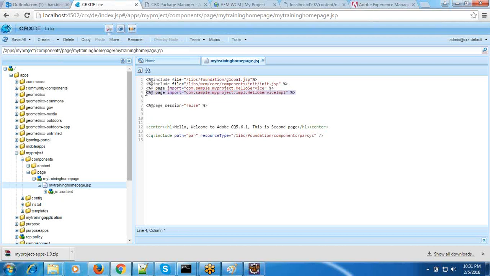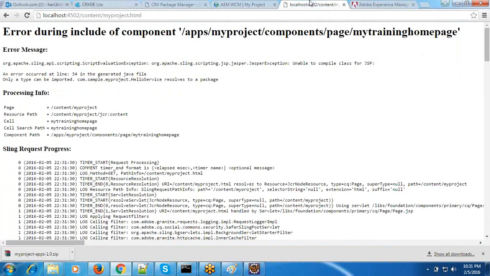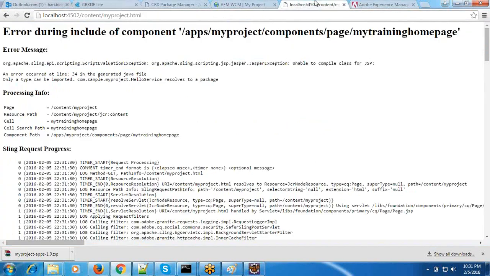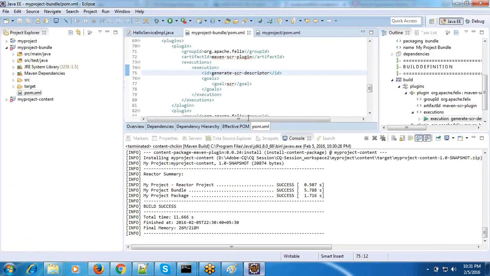Hello service also it's not able to find. Just remove it still. Save it. Let's see whether we're getting output or not. We are getting. We are able to get. That means